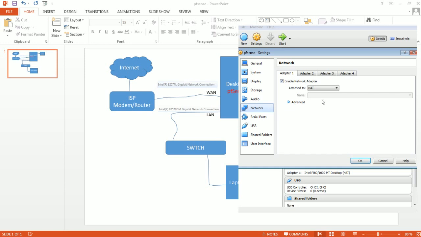And the network. Okay, so as a default, we have one network adapter enabled, and it is attached as NAT settings. So we must add one more network adapter. So we must click here on adapter 2, enable network adapter, and I think this is the most important part of the settings,